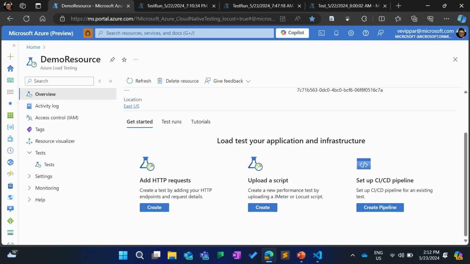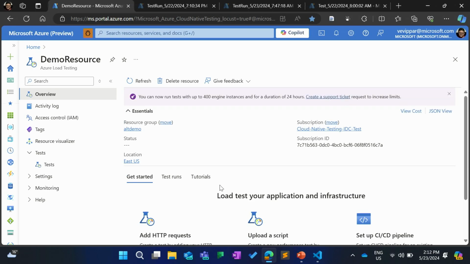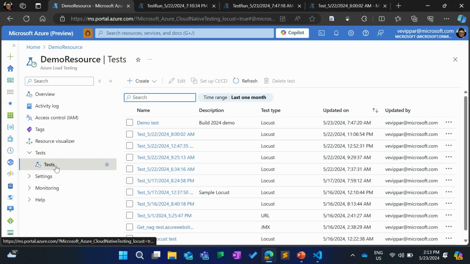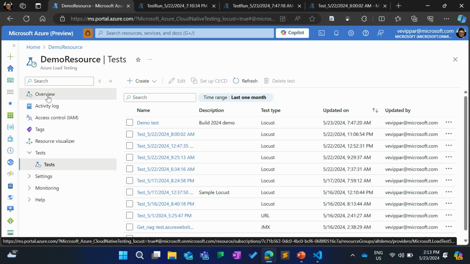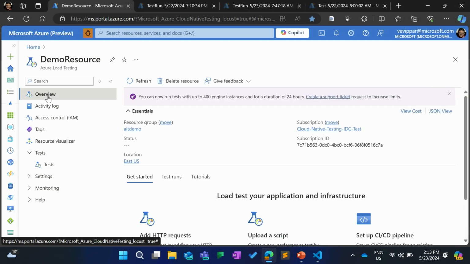So to get started with Azure Load Testing, you start by creating an Azure Load Testing resource. You just give it a name, choose the resource group, choose the region, and you land here. So this is the landing page of an Azure Load Testing resource. Think of this as the workspace or the hub of all of your performance testing activity. You don't have to worry about where your previous test scripts were, where the results were, how were the results the last time you ran the test, what happened before. You don't have to worry about all of that. You come here, you see the list of tests, and you can run each test any number of times. You see the test runs, you see the test results. All of that is available in this resource.